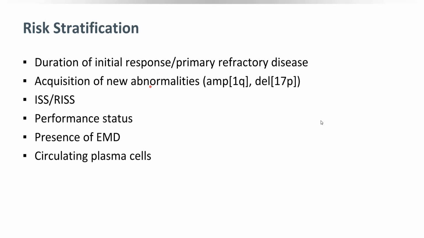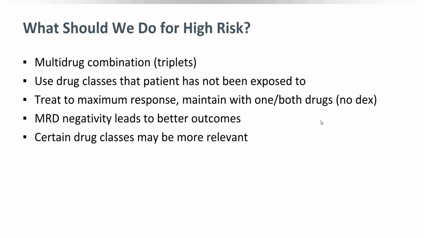Therefore, I was saying that if any patient has progression, we can go for bone marrow aspiration and biopsy again, and cytogenetics should also be repeated. The revised ISS staging should be done at relapse also. Performance status should be noted, along with the presence of EMD. EMD means extramedullary disease, whether the patient has soft tissue deposits anywhere else or organ involvement. If they have this, it means a bad prognosis. Circulating plasma cells are also one of the markers, although this is in an experimental setting.